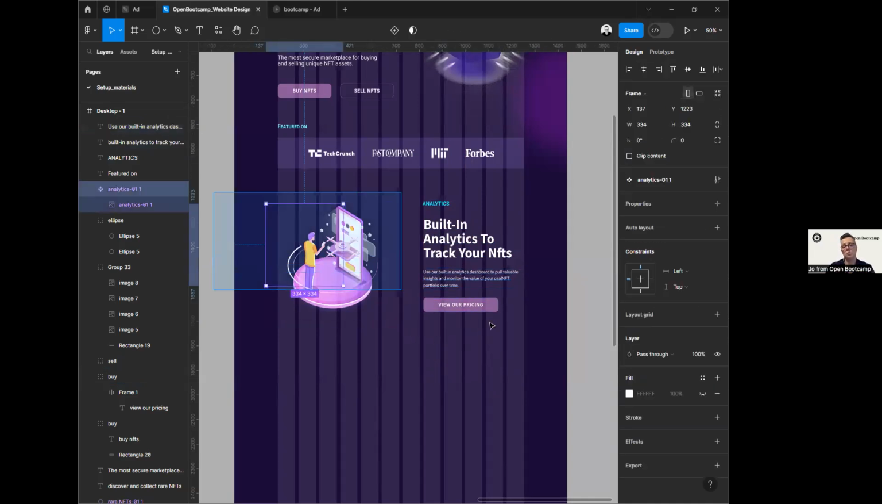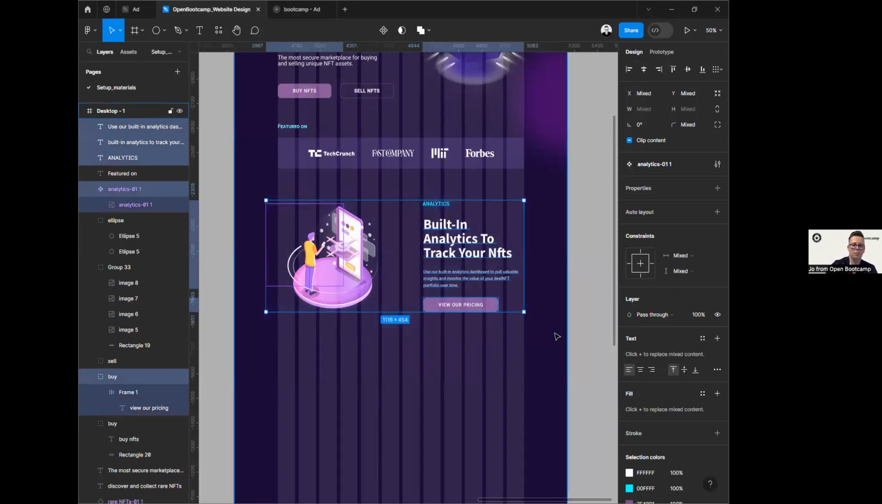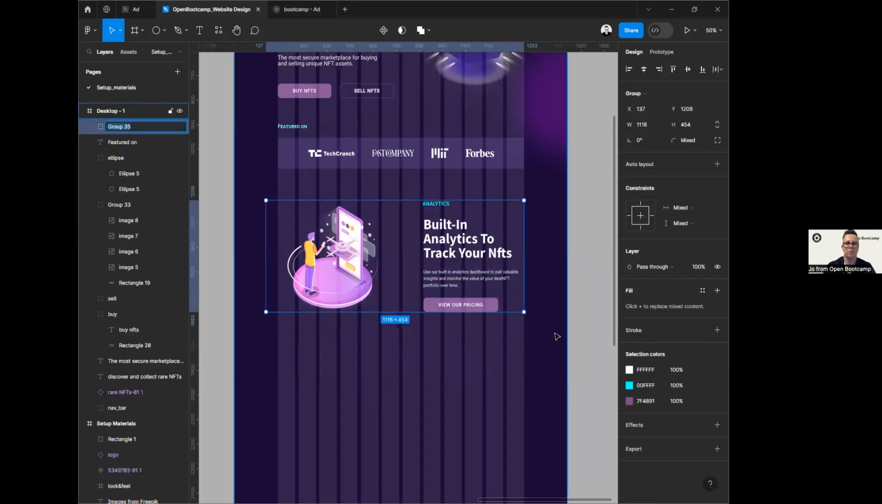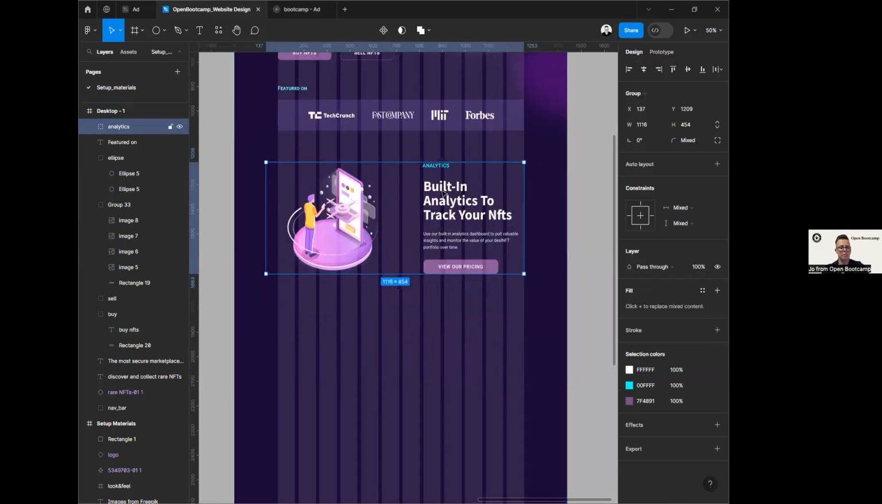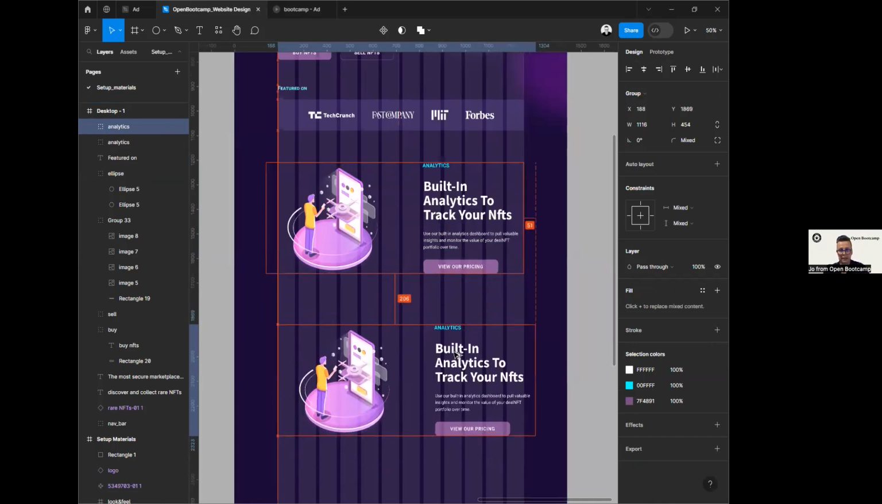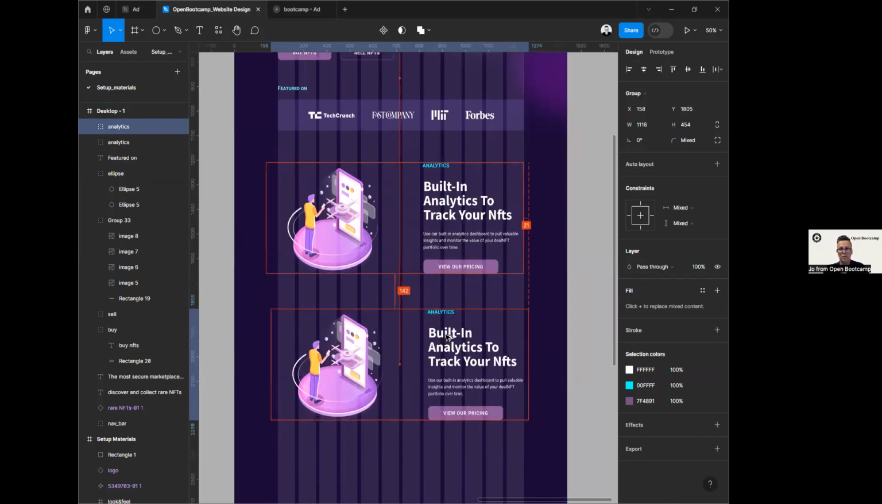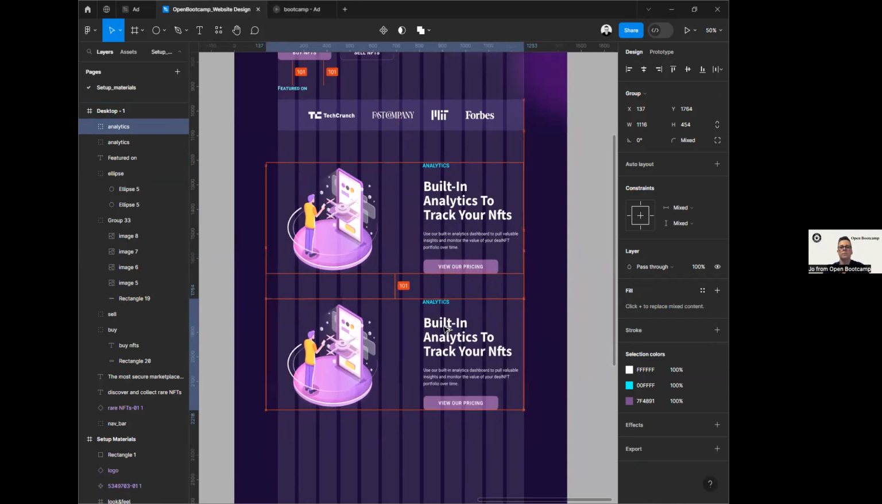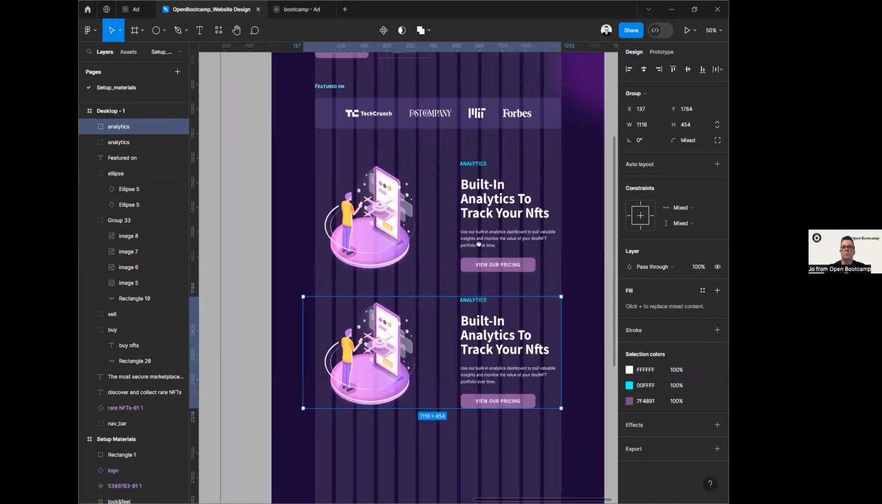Now, because we have this one, I'm going to just select everything. I'm going to group it and rename it. And I'm going to say analytics. And now it's going to go faster because I'm going to duplicate it. I'm going to drag it here. According to my wireframe,